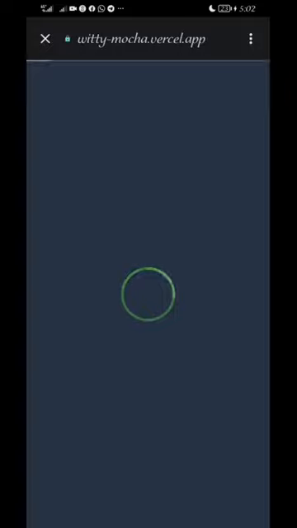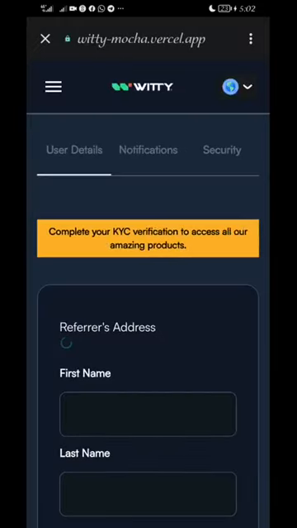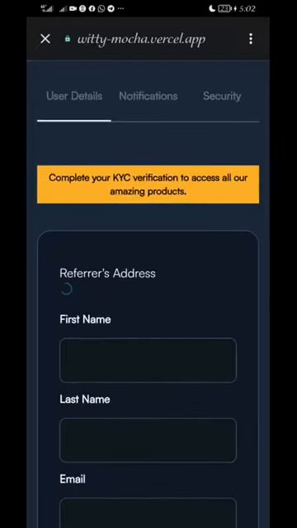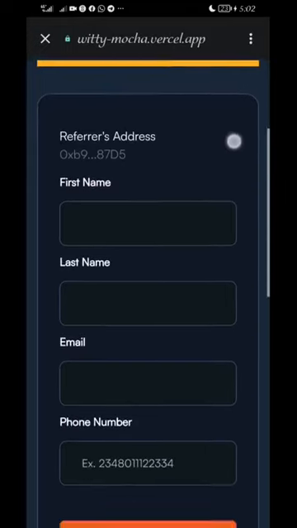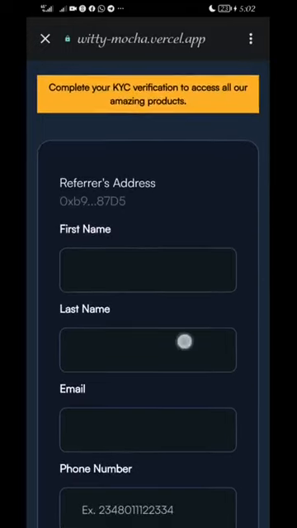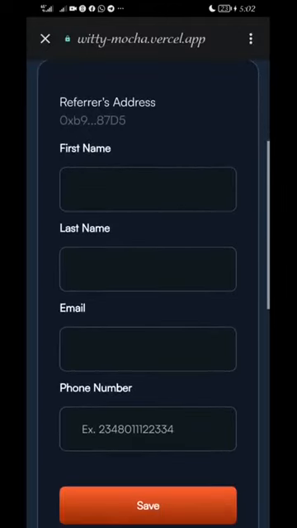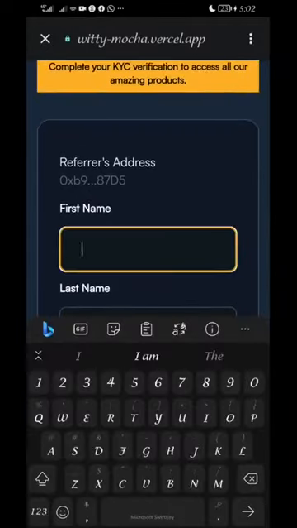Wait for the page to load. As a new person joining for the first time, there is a KYC session that you will need to do. The KYC is for the purpose of creating your profile on the platform. The first thing here is your first name, your last name, your email, and then your phone number. So you just put in your first name,